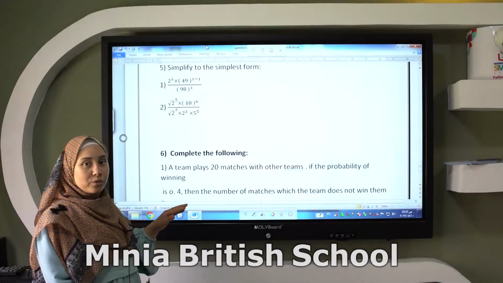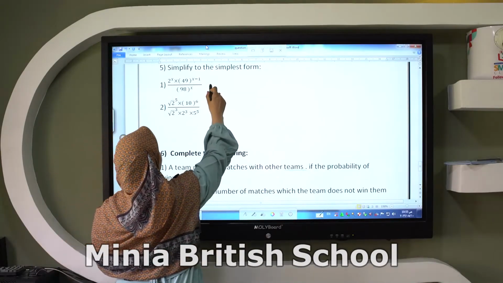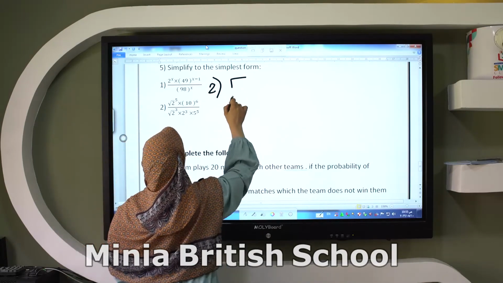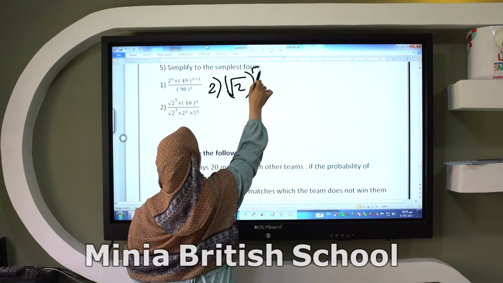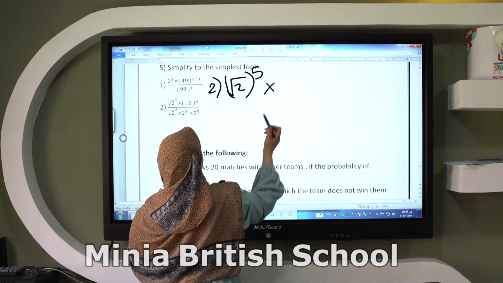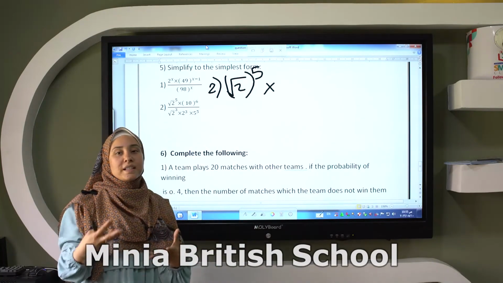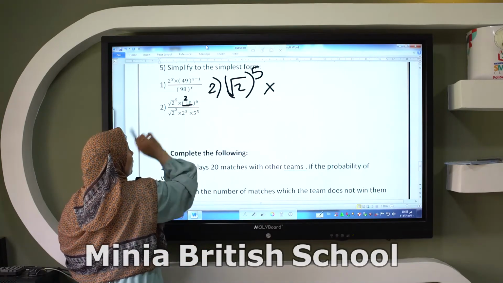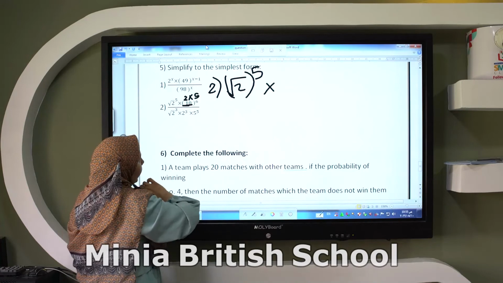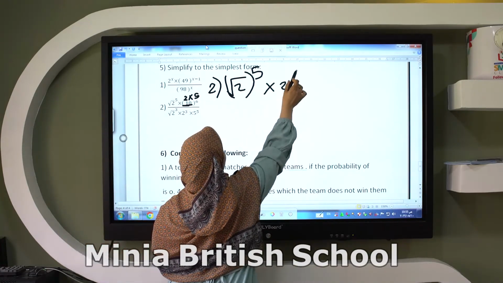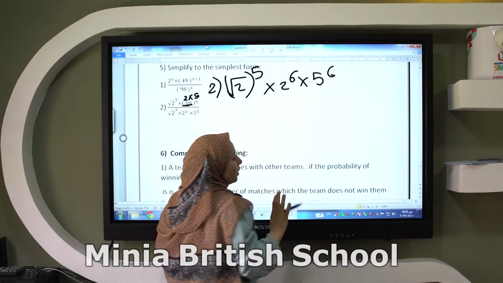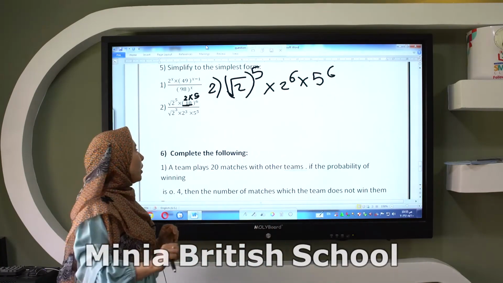Now number 5. Root 2 raised to power 5 times 10 power 6. 10 here equals 2 times 5, so you can write 2 power 6 times 5 power 6. I only distribute the power, okay? All of them divided by,